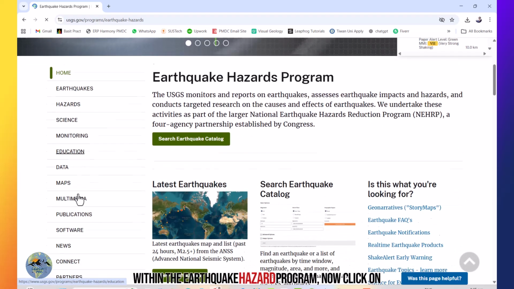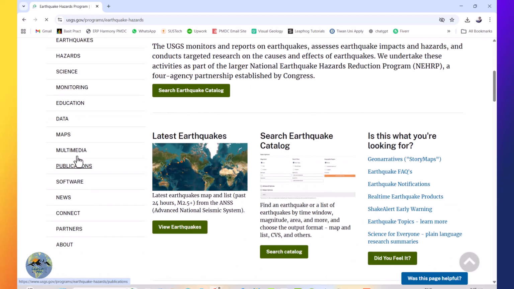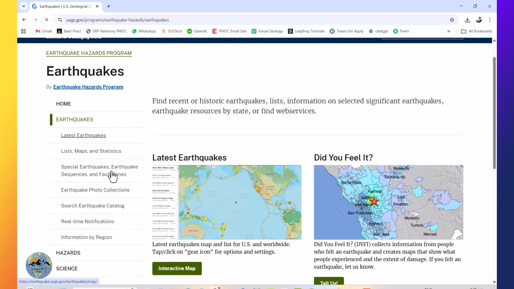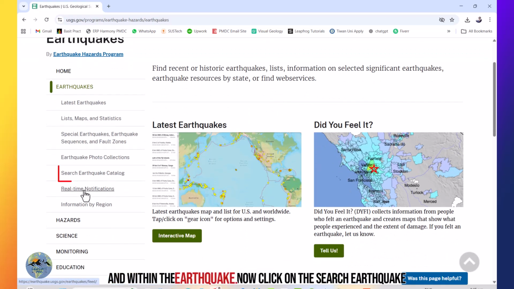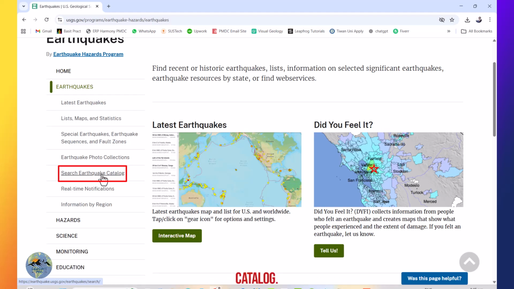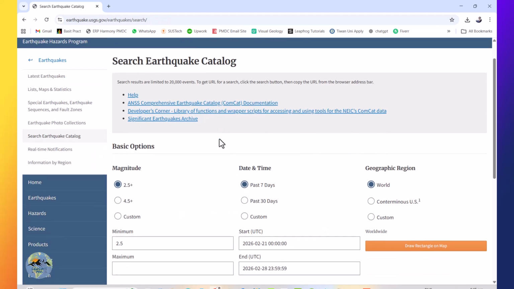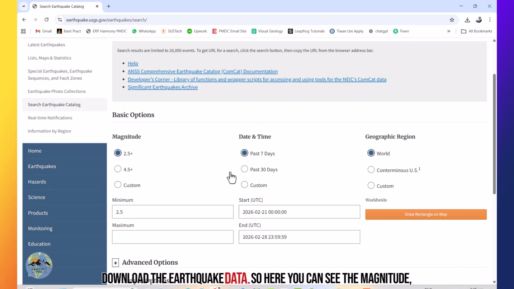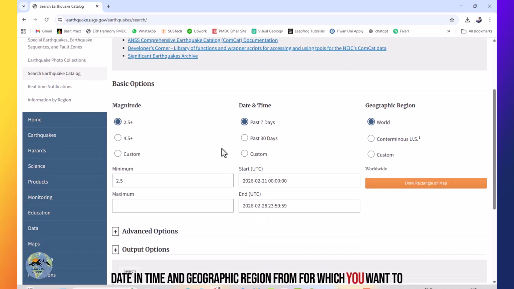Within the earthquake hazard program, now click on the earthquakes, and within the earthquakes now click on the search earthquake catalog. Now from here you can select your options and you can download the earthquake data. So here you can see the magnitude, date and time, and geographic region for which you want to download